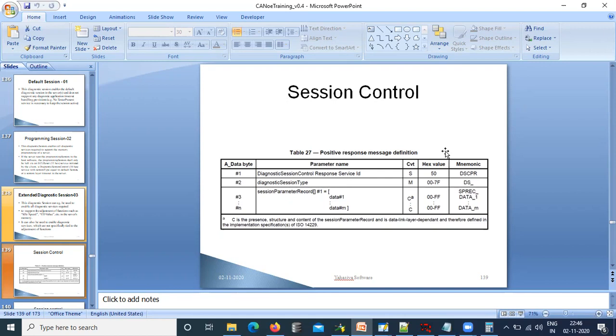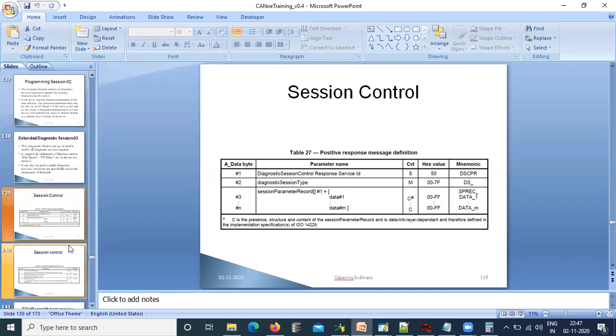In case of UDS, for a positive response, the first byte is always SID plus 40, which means our service identifier is added to 40. For example, the diagnostic session control service is 10, so in the first byte we add 40. The reason behind it lies in the fact that the international standard ISO 14229 mentions so. This is the main reason, because of the international standard organization. Yeah, you are right, 100% right. You are brilliant.